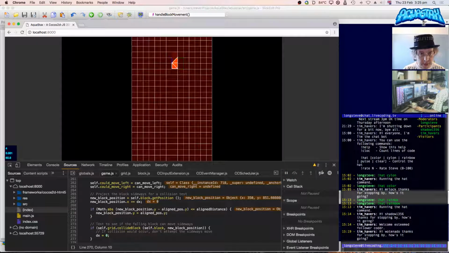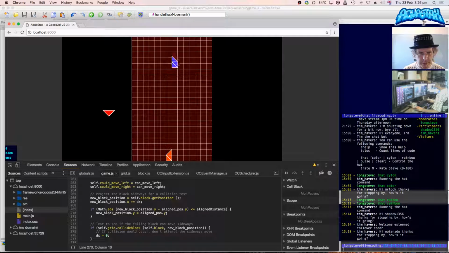Okay. I might wonder if there's a way I can make a bunch of blocks already in the grid before we start debugging, because I'm going to have to make this wall every time I want to test this thing out, aren't I? It doesn't take too long, I suppose.